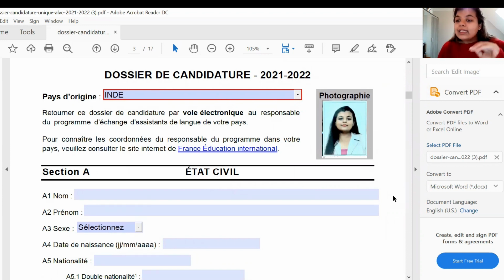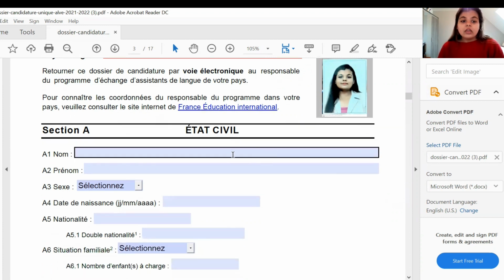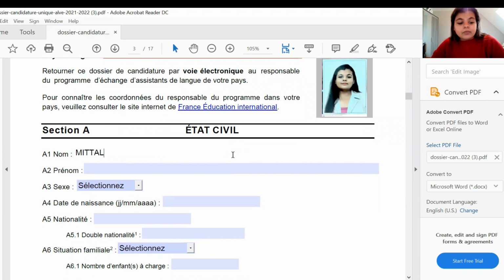There is also a link at the end of this document. If you don't find it on Google or Play Store or your Apple Store, whatever, then you can click on this link and download it. Then you write your surname, then you write your name,